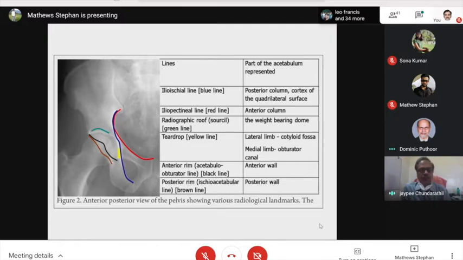Probably Dominic can say something about it, but especially when you are dealing with fractures, some understanding about these sort of lines, etc., will help us and tell them about the manufacture of custom-made processes, etc. So, reading the pelvis X-ray, the most important thing I would say from the undergraduate level is to get an X-ray